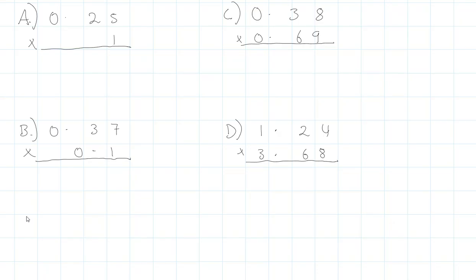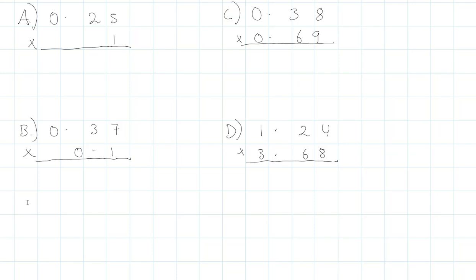So in this short video tutorial, we are going to practice multiplying decimals by whole numbers, decimals by decimals, and whole numbers and decimals by decimals. Okay, so we're going to start up here at number 1, and we have to multiply